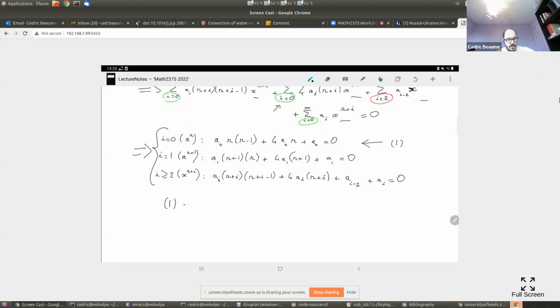So if you look at 1, what you get is a0 r(r minus 1) plus 4 a0 r plus a0 equals 0. That's completely undetermined for a0. So all I know is that either a0 is 0, but that might not lead to an interesting solution, or a0 is non-zero. I can just take it out of the equation, and I get r(r minus 1) plus 4r plus 1 equals 0,